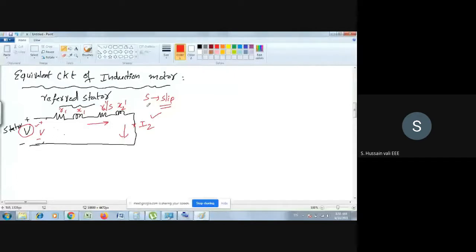I hope you know this thing also, that the EMF in the rotor and some more parameters and the reactance in the rotor depend upon the slip. This you know. What is slip? I will just recall. Slip is equal to synchronous speed minus rotor speed, divided by synchronous speed. This is the slip. Okay, so the range of slip is